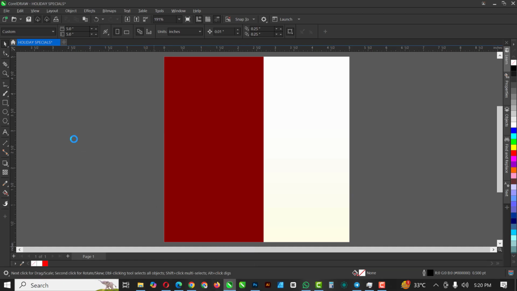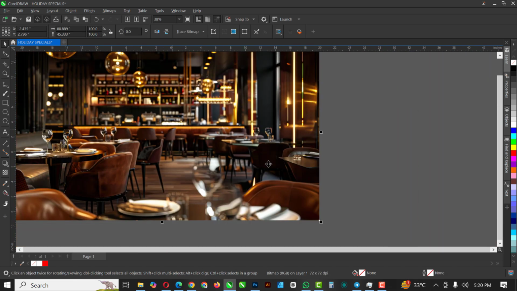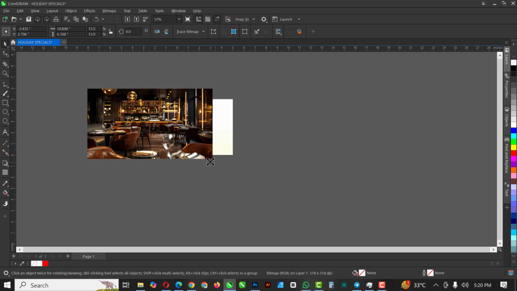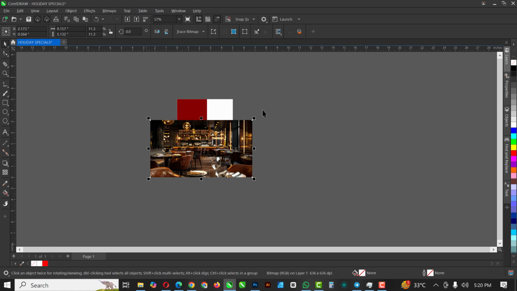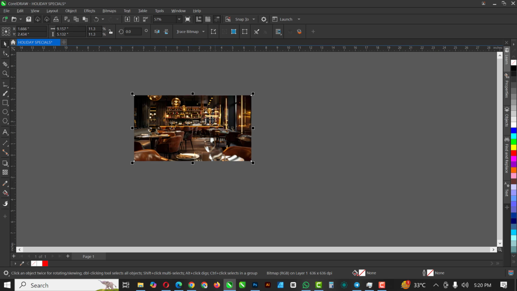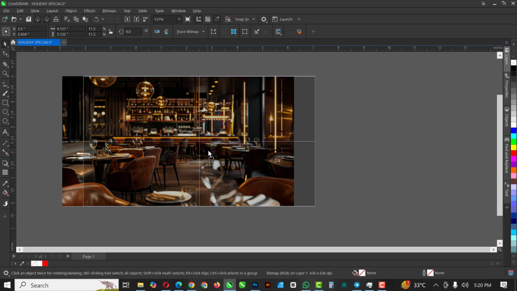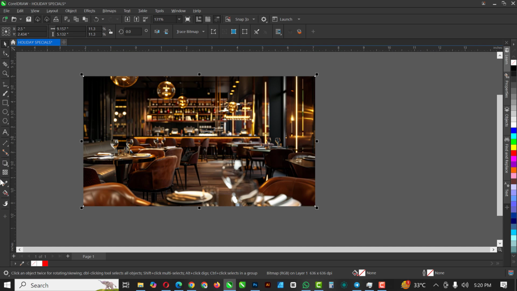drag and drop this inside of CorelDraw. Of course, when you bring it in, it's going to be very big, so you need to reduce the size like this, and just so it can fit into what you want to use it for. So what you want to do at this point is, I'm going to drag this to the side, right? Let me click out, click again, and okay, let me just move this here. Click on it, right? Position this well here, and okay, so click on transparency and